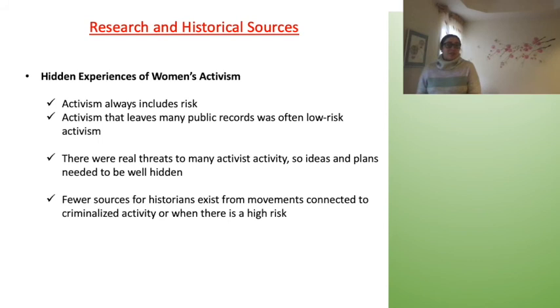Higher risk activism leaves fewer records, and that's because there are threats there, right? So people have to hide what they're doing. An example of this would be something like the labor movement. Historically, we've had a public presence of the labor movement. There's a Labor Day parade for about 100 years now in Canada, right? People are in the streets. Low risk labor activism as a big formal organization or organized movement is public and present.